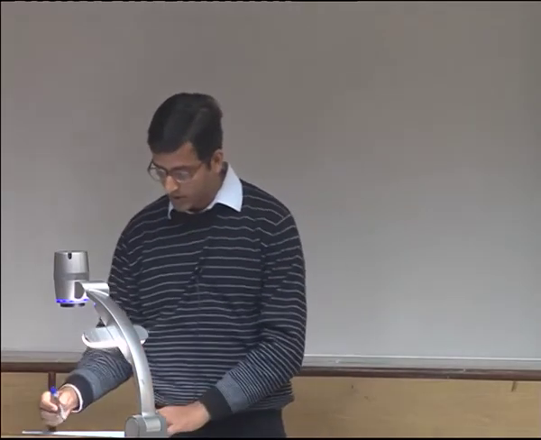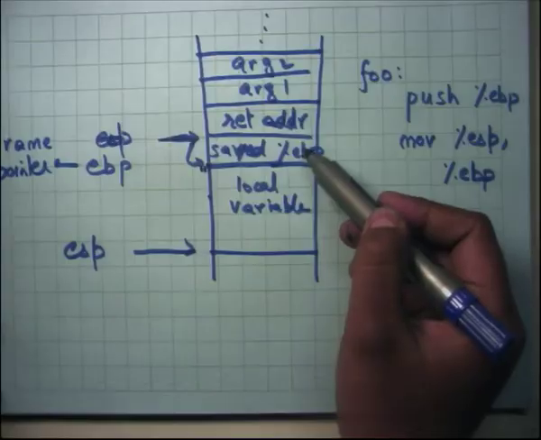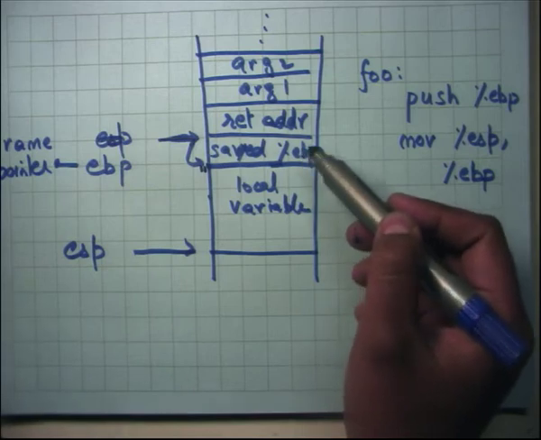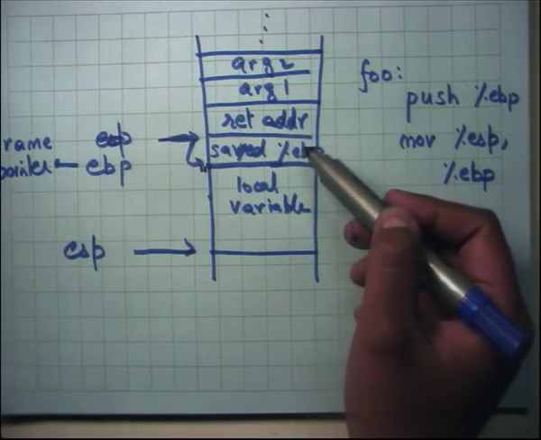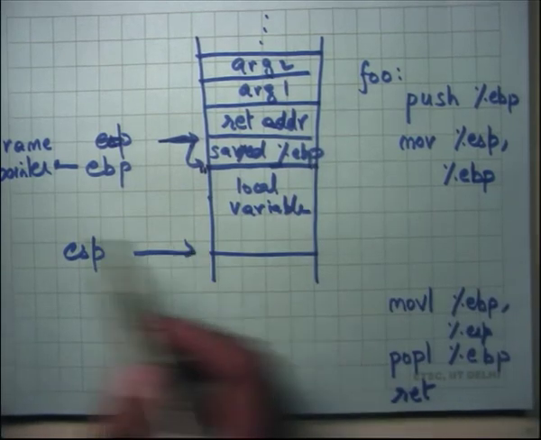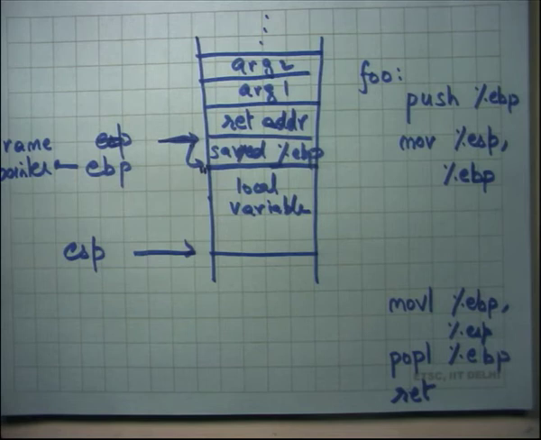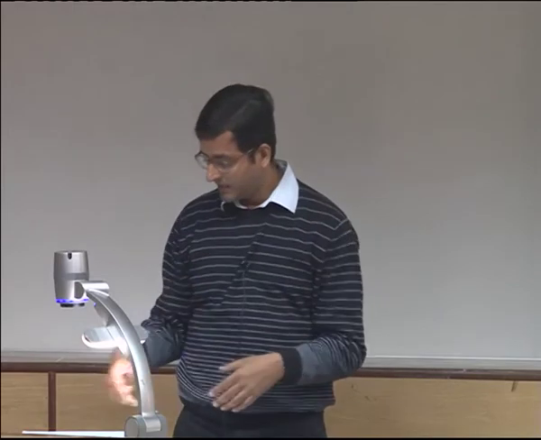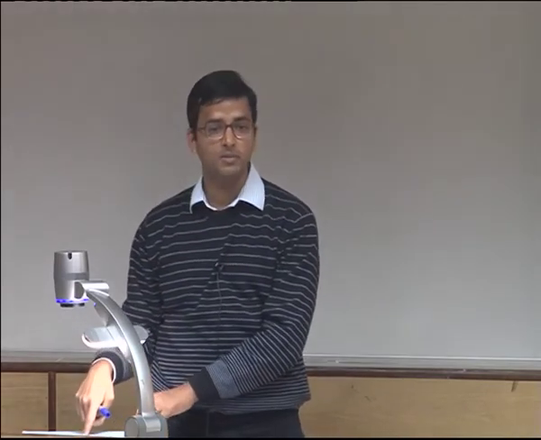What this allows you to do are things like debugging, like you can look at the backtrace of the current call chain. So for example, how many of you have used the backtrace command on GDB or something? For the first homework you've used it, right? Backtrace just tells you what is the call chain: who called whom, who called whom, and how am I here? And that's basically done using this frame pointer and saved EBP thing.